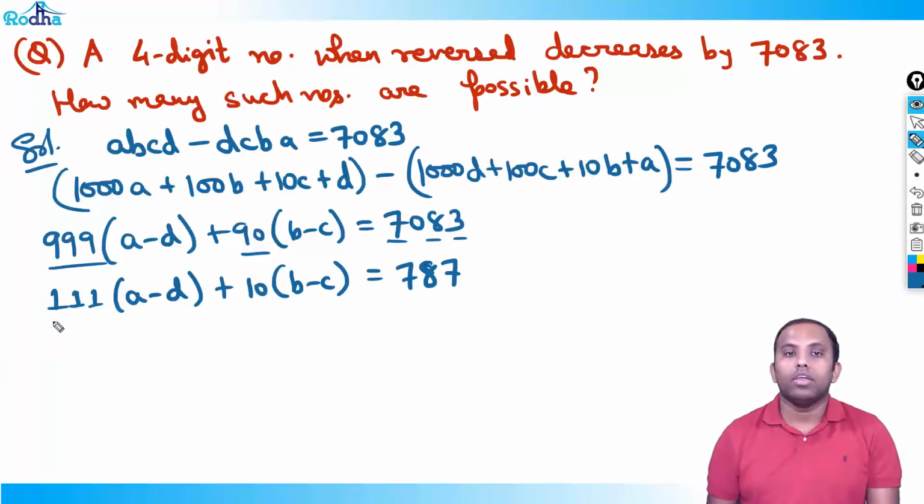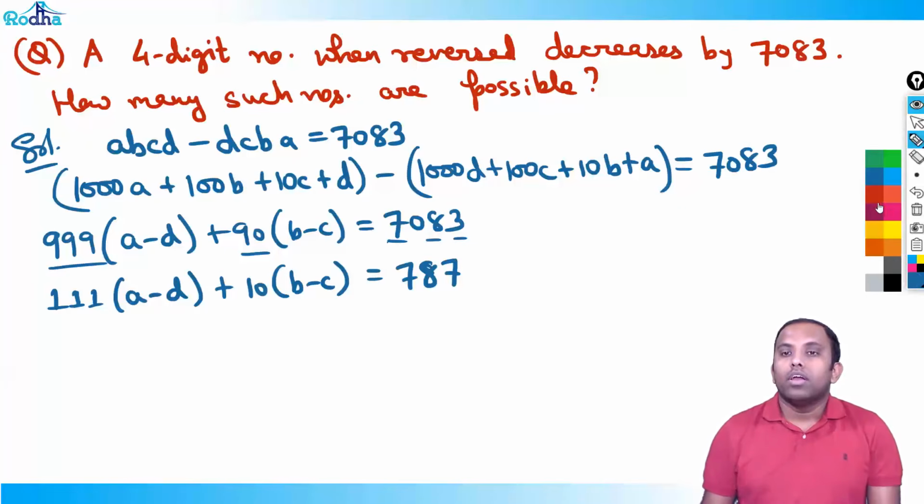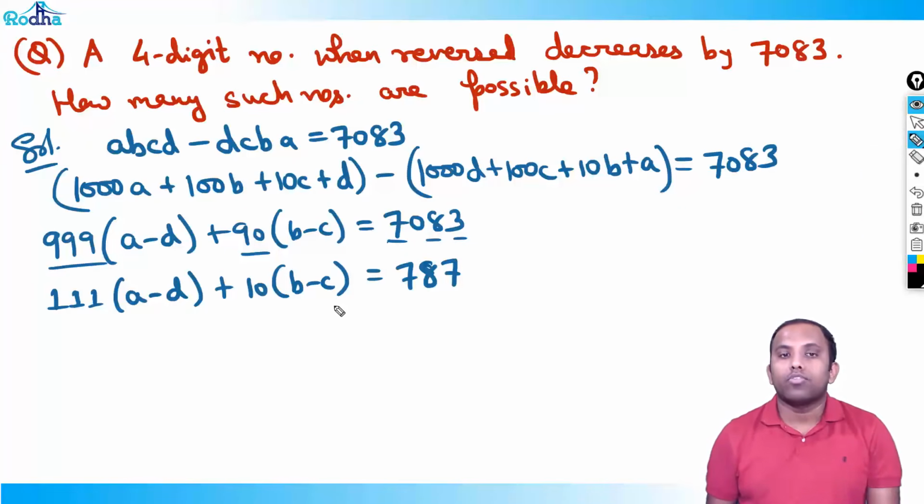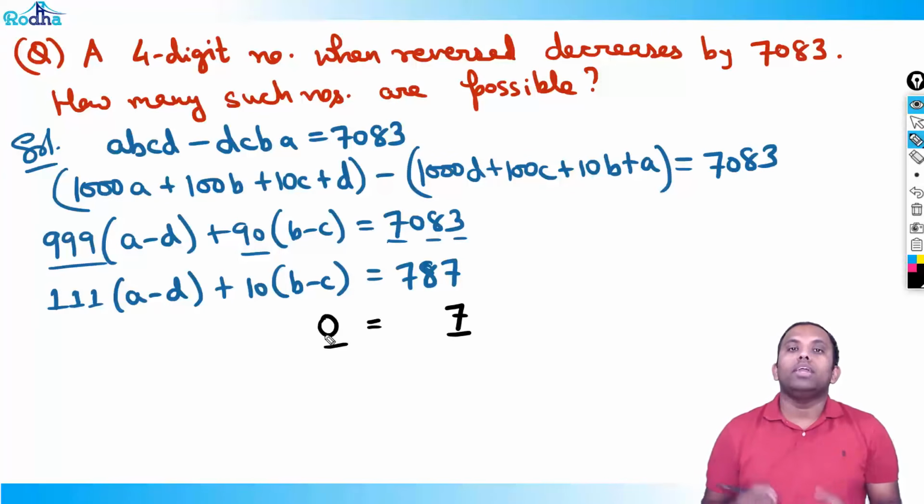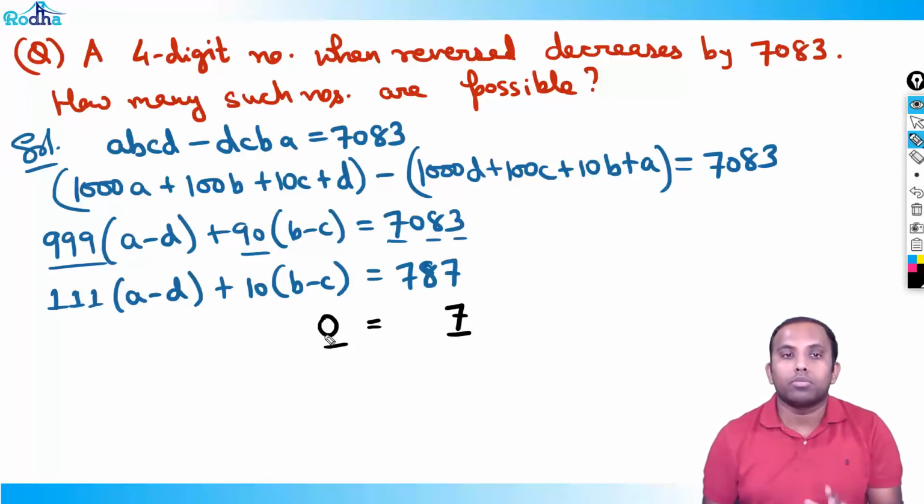787. Okay. Now again, we have to satisfy this criteria, right? LHS is equal to RHS for what value of A minus D and B minus C. So again, same thing. I'll attack unit digit. Here, unit digit is 7. Okay. Here, 10 into (B minus C), unit digit will be always 0. 10 into any integer. B and C both are digits, right? So 10 into anything will be always 0.